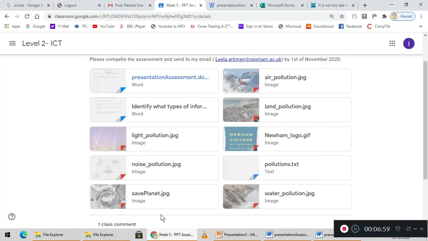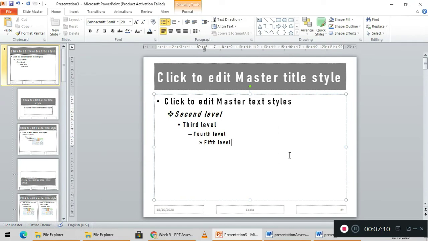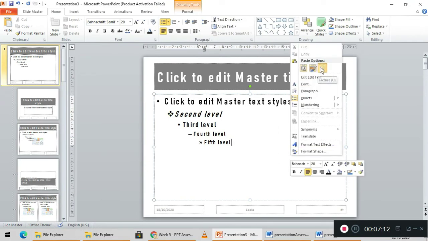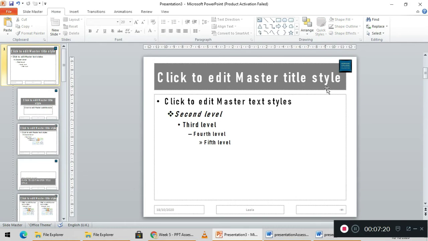It is in your Google Classroom. Open the Newham logo. Please make use of the same files that I have given to you. Copy that image and go back to your presentation and paste it. A lot of what you're doing in this assessment is copying and pasting. I'm going to reduce the size a bit, then place it on top of the corner so it is not overlapping any other